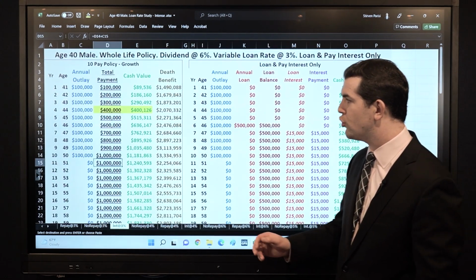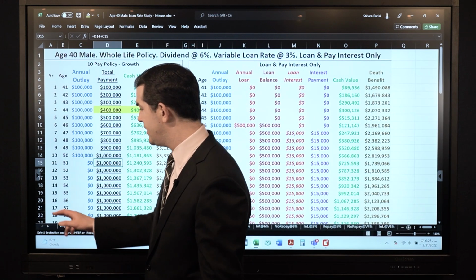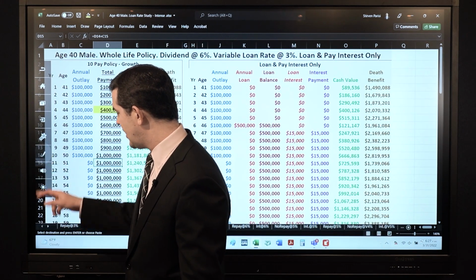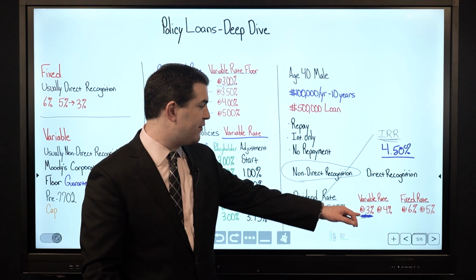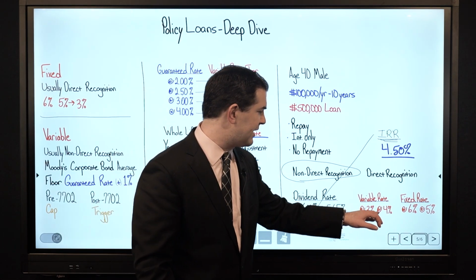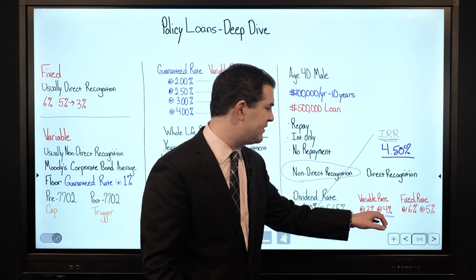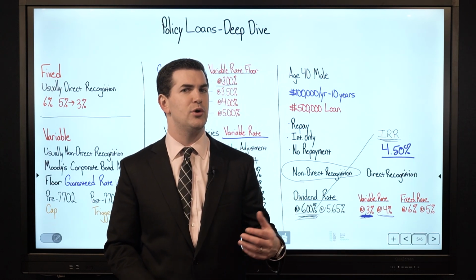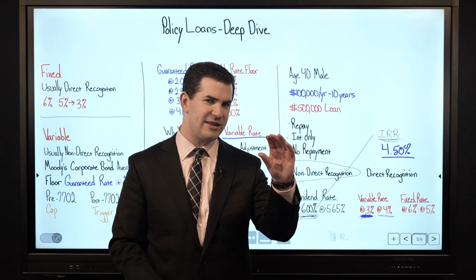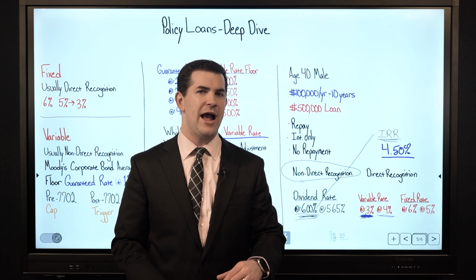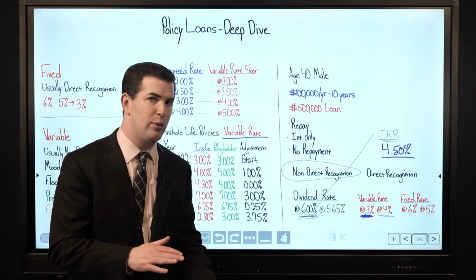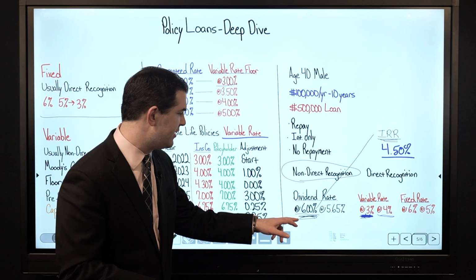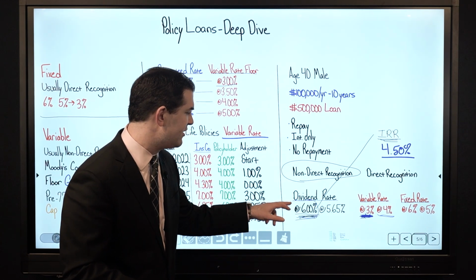As we progress through each video, as we look at the next one, we're actually going to look at the same product, same 10-pay policy. We're going to keep the loan interest rate variable, but we're going to kick it up to 4%. This way we can see the impact. How much more do I pay in interest? When I look at that spread on the annual IRR, how much longer does it take for me to be positive? Because while we will increase the variable loan interest rate, we will not increase the dividend rate